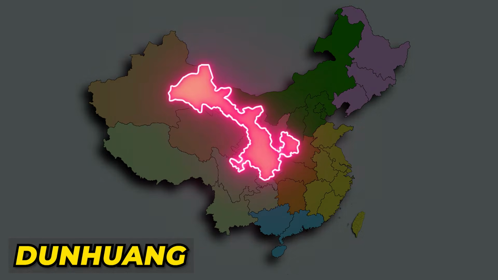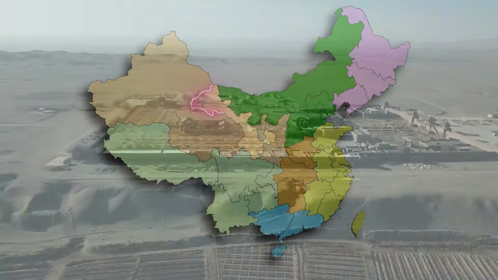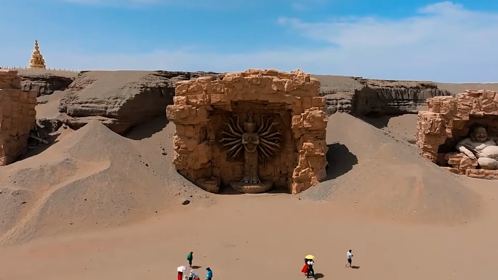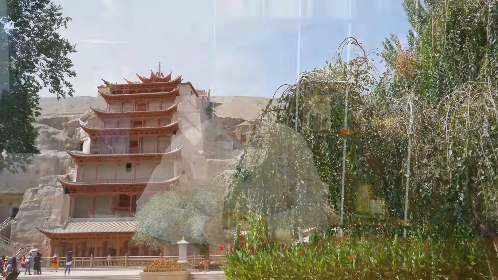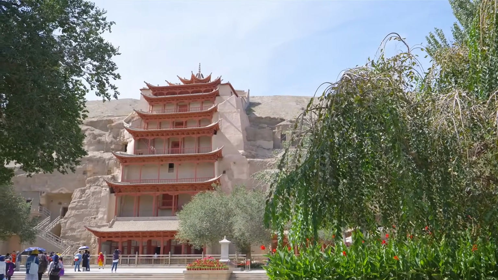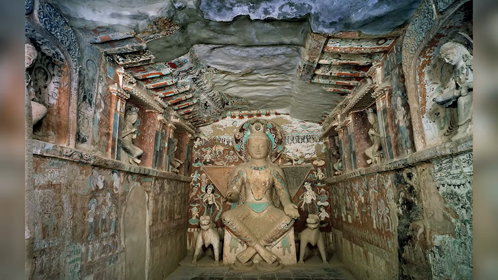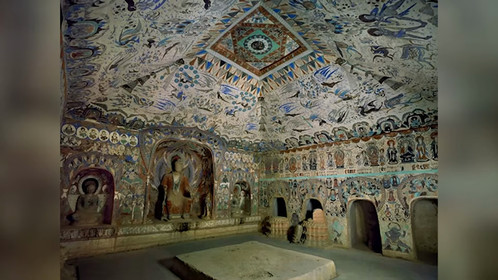On the other side of Gansu province is Dunhuang, an oasis located at a religious and cultural crossroads on the Silk Road. Here lie quite a few historical attractions, but the most famous one has to be Mogao Caves, also referred to as Caves of the Thousand Buddhas. It's the best known of the Chinese Buddhist grottos and one of the 3 famous ancient Buddhist sculptural sites in China.